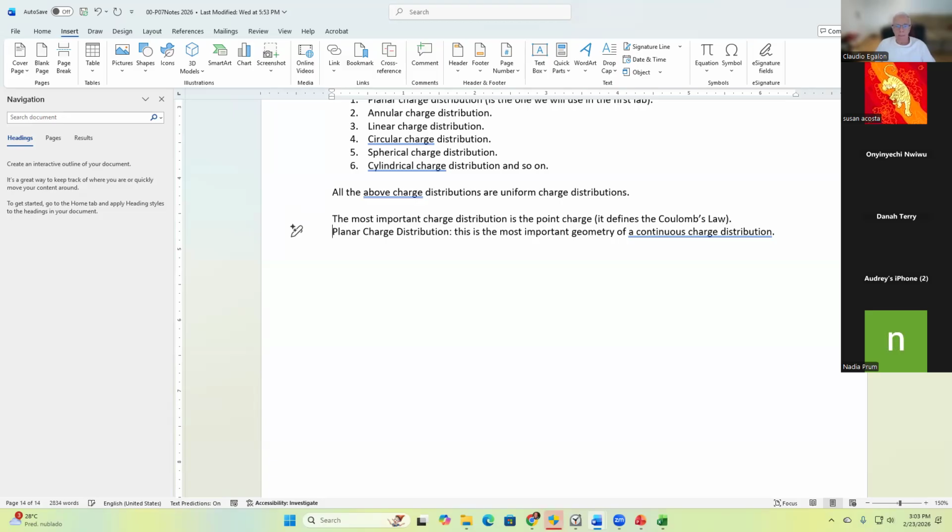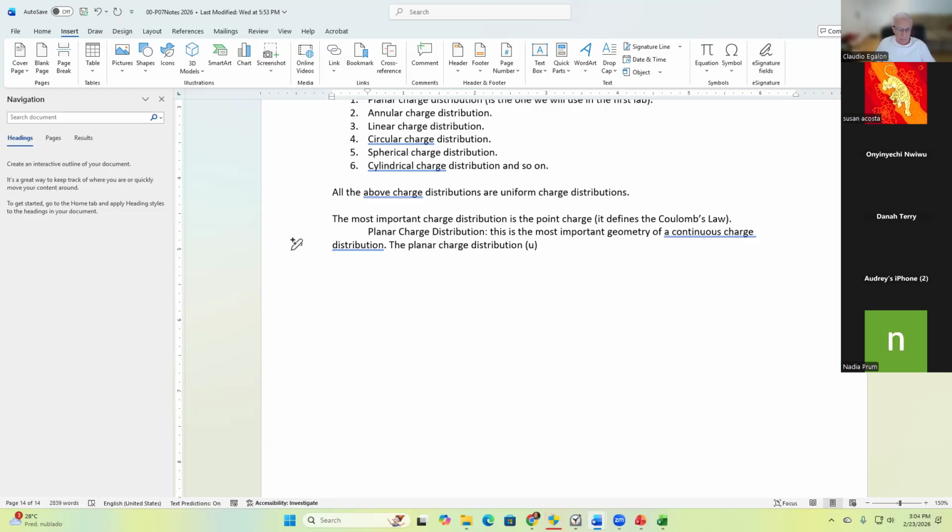And then among continuous charge distributions, the most important geometry is the planar charge distribution. Don't forget, we are talking about